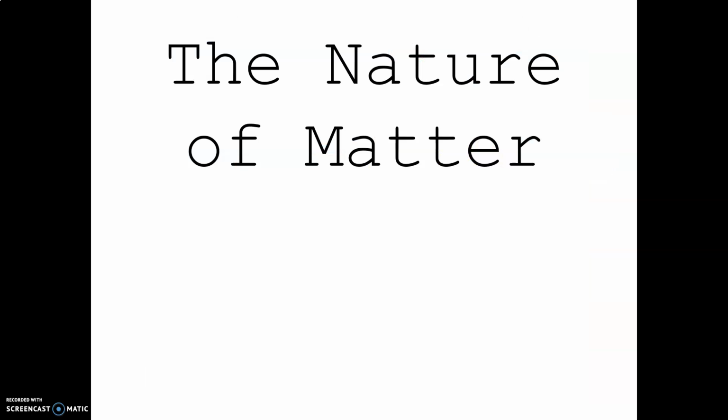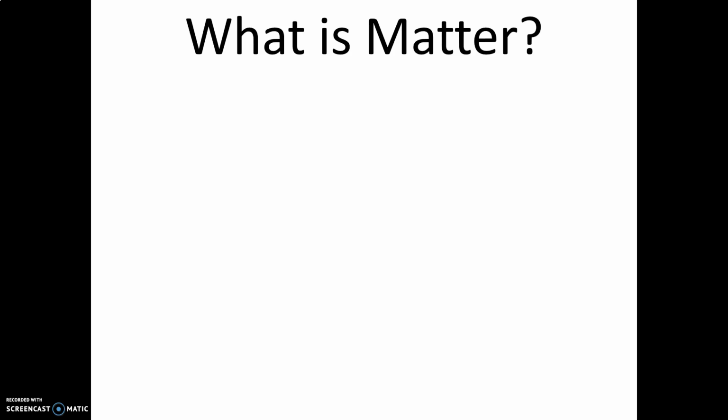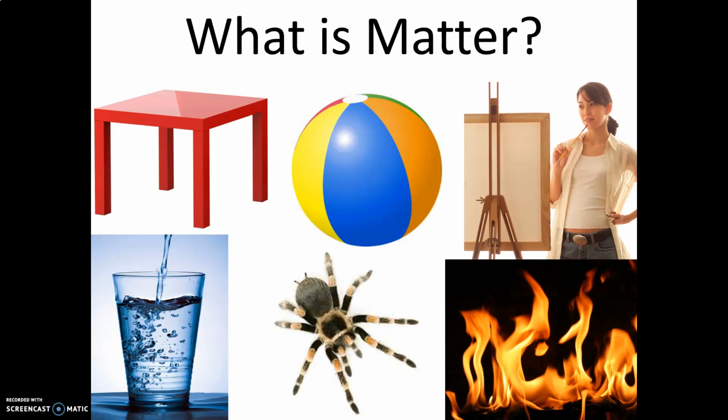Okay, so what then is matter, right? You should be able to define matter by now. And what is interesting to note is that it is both something that has mass and takes up space, okay? So to say matter is something that has mass is partly correct. To say it takes up space is partly correct. It is something that takes up space and has mass.